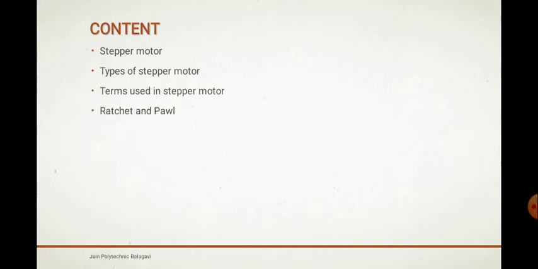Next comes the ratchet and pole. The ratchet is a circular slotted blade which is fit onto the shaft and keyed by the keyway, which prevents the shaft from coming outside. Okay. So next one is the pole. The pole is basically a metal part that rests on the ratchet and does not allow the ratchet to move backwards, so that the ratchet can move only in one direction. That is regarding the pole.